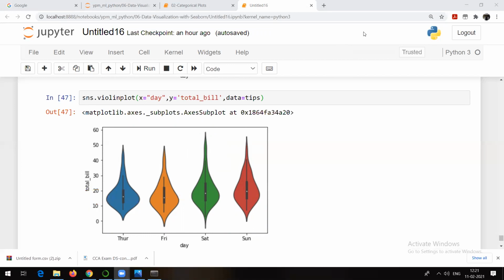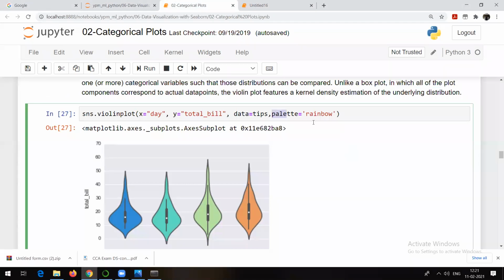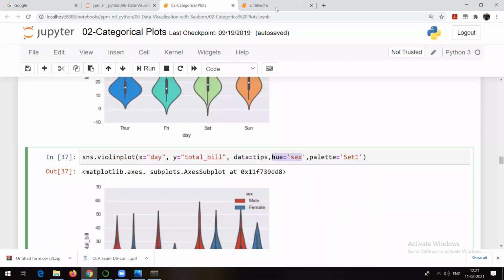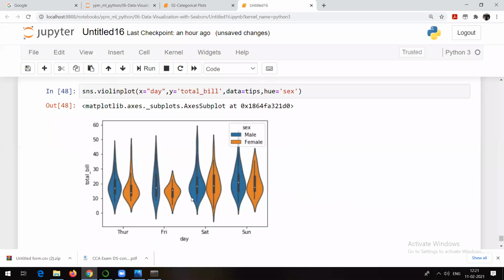And again, in case of violin plot, we have different options shown, like this palette and all those things. They are also available. Okay. And a few parameters are also available if you want to separate out the things according to some categorical data. So maybe I want to check male, female. This is what you can actually do, right? Or otherwise, if we have some operation, some methods here.